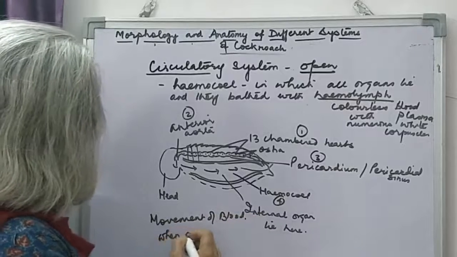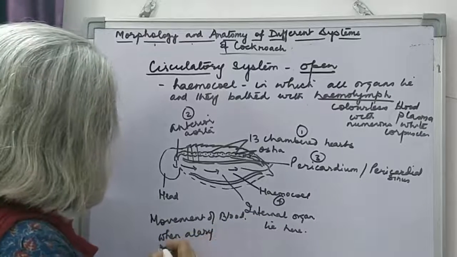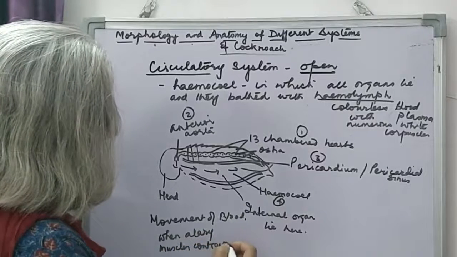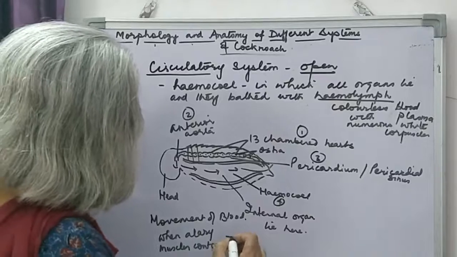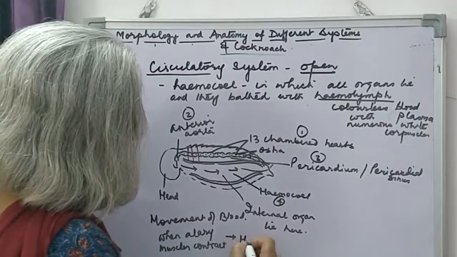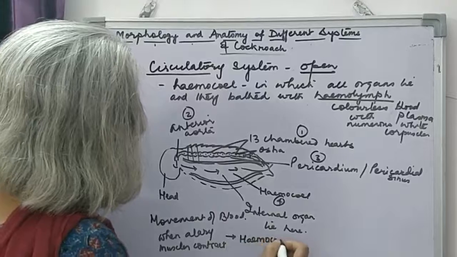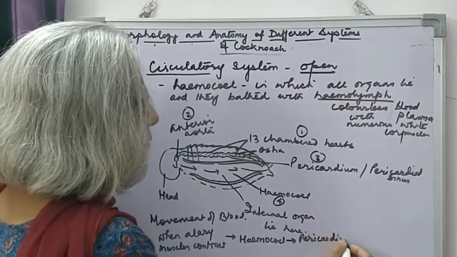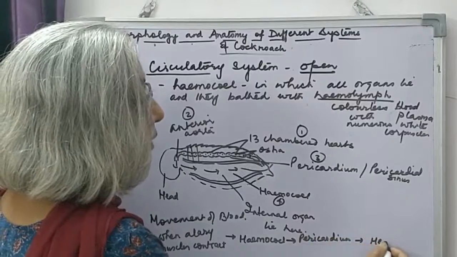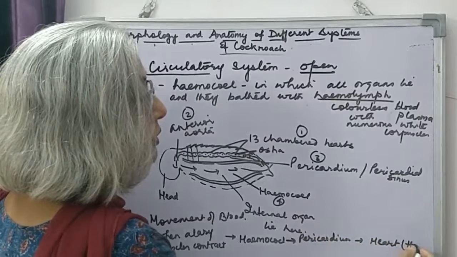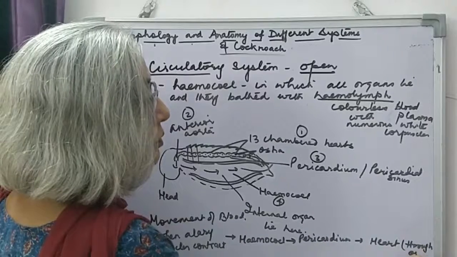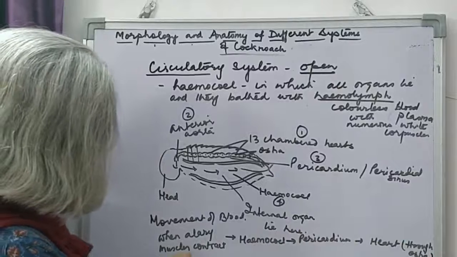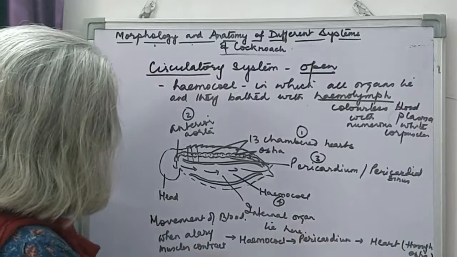When the alary muscles that are attached to the diaphragm contract, blood from the hemocoel enters the pericardium, enters the heart through ostia. Only one directional, can enter, cannot leave. And when the alary muscles relax,